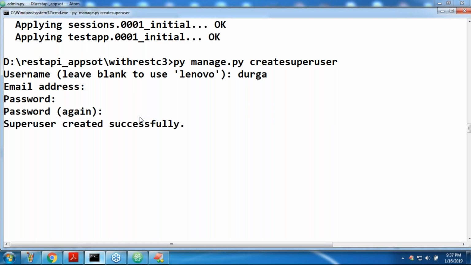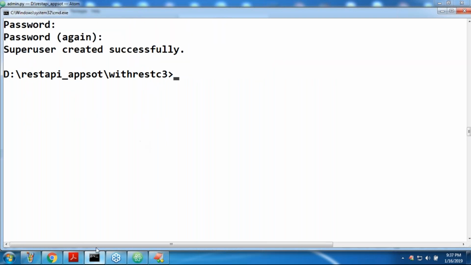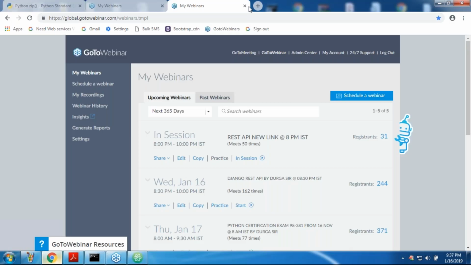Now add some dummy data because I want to perform the first operation, the GET operation only. So now, it's responding very slowly, maybe a memory problem.